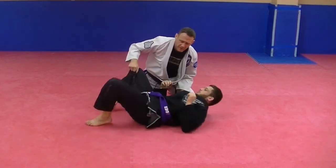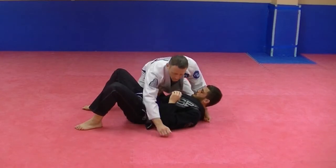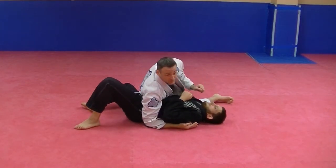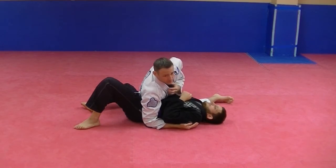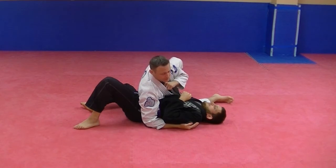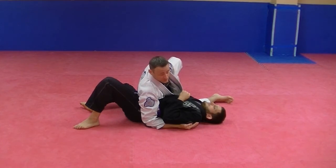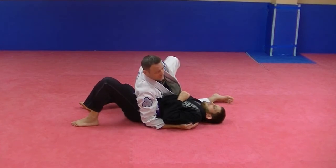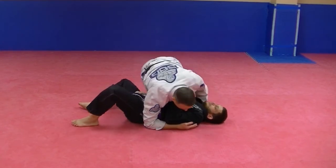The only other option I have is my own hip, which would be when I was shifting positions like this to sit out towards his head. And we'll be talking about what that means for connection, because obviously I've taken the Ironman beacons and separated them, so we'll be talking about where the connection shifts when I do this. But right now I can also keep him from being able to get his knee in by turning and blocking out that hip. And that is the main reason for here that I'd be doing that,